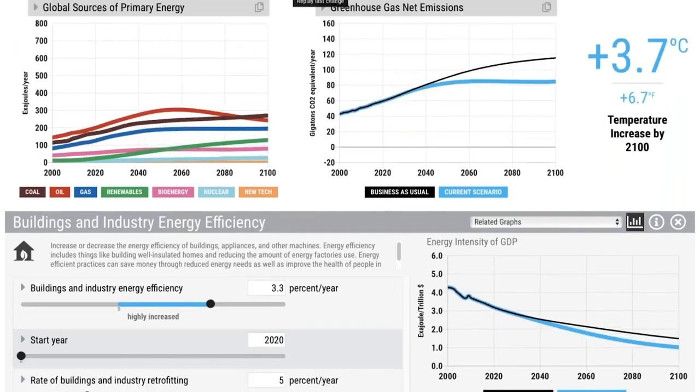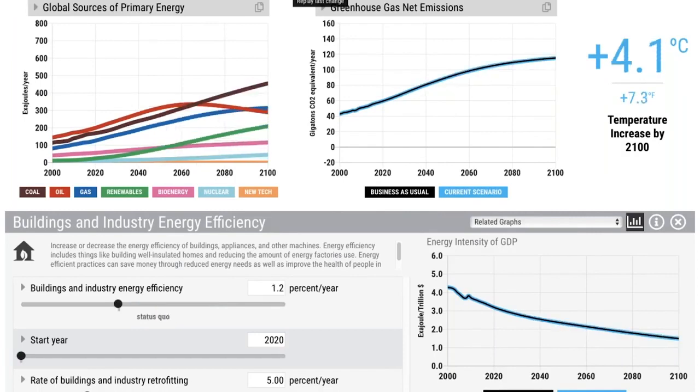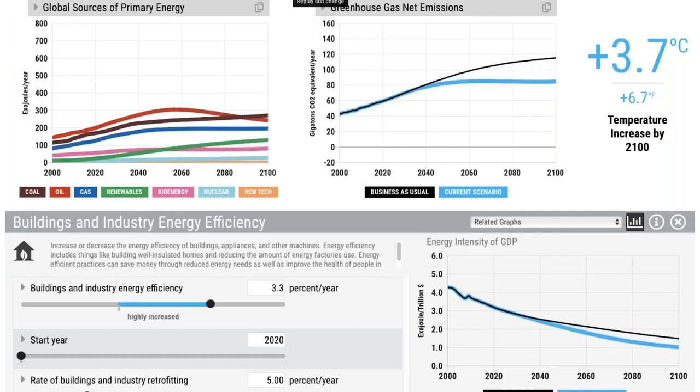There's a great button here, and I'm gonna make it full screen. I love this button, replay last change. See this one right here? Click it, and then watch several times. You can see, what does it do? First, start in the bottom right. Does it actually change the energy efficiency of the economy? Yes. See the blue line departing from the black? Now note, it takes a long time to ease in. It's not like overnight. Technologies last 10, 15 years often. So you have to wait for the old stuff to depart, new stuff to come in, some retrofitting, but it does take a while. I'm going to click the button again, and we're going to see what happens.